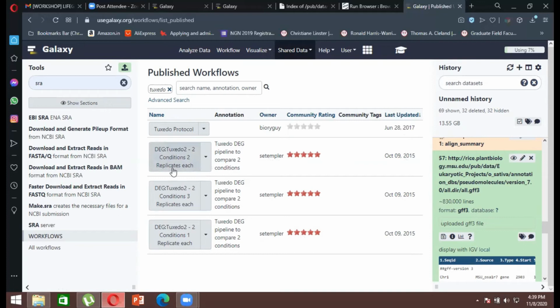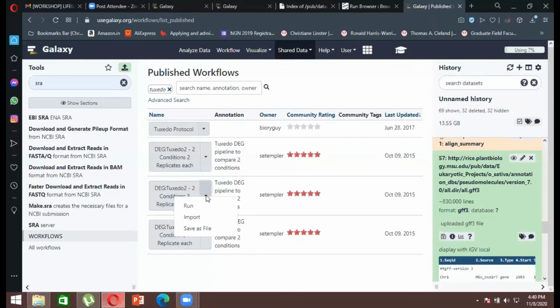Now what I want is, you can see here we have replications. The reason we are going for replication is that when you're going for an NGS sequence analysis, you have to have a control sequence as well, right? Then only you can compare whether the sequences are working fine or not. Control here means you are growing rice in a normal condition, which is a normal condition for rice. That is a control. And then you're growing the rice in a stressed condition, and that is your test sample, right? So what we'll do is go for this one because it contains 3 replicates, which is much more than these two. So we'll go for this.